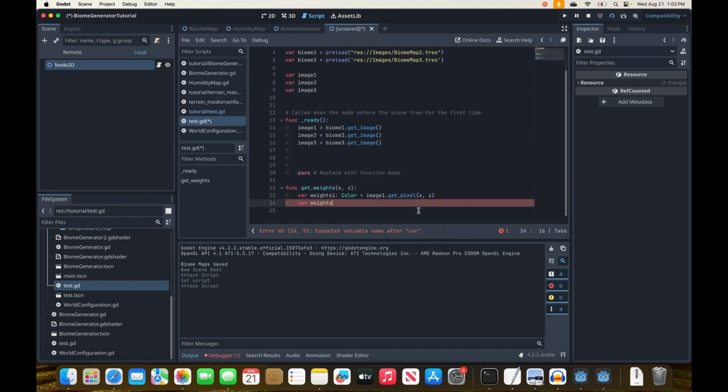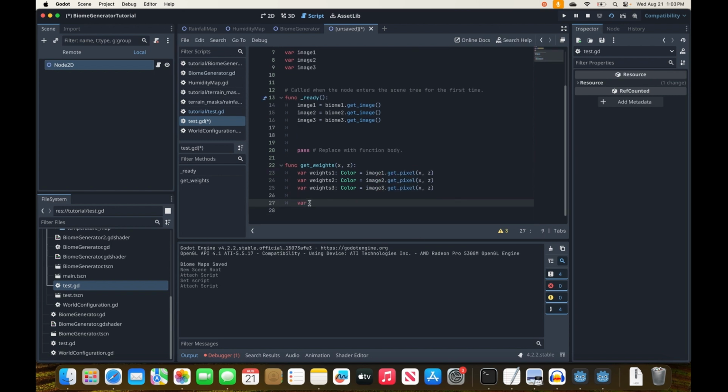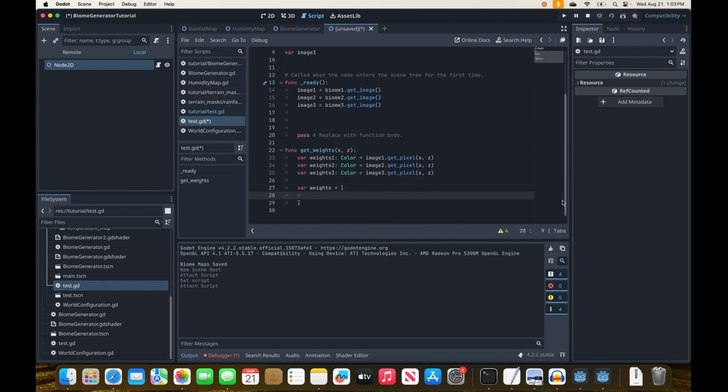We'll do that for the other 2. Alright, now we'll make our array called weights. And we'll start assigning the 8 values of weights with weights1.r,